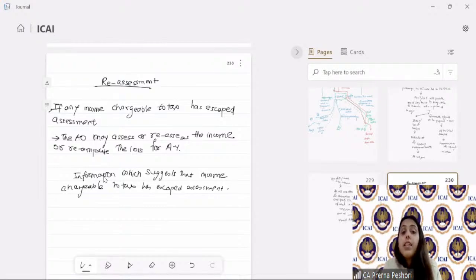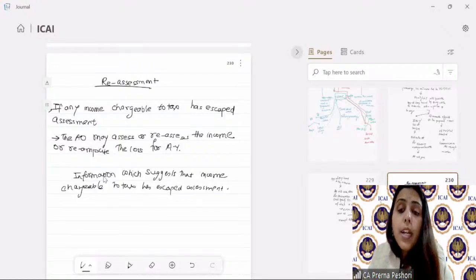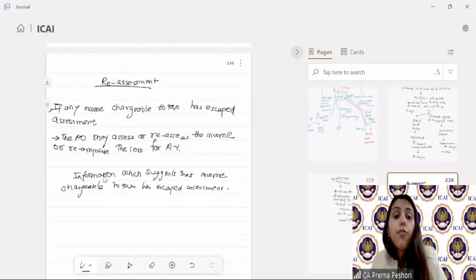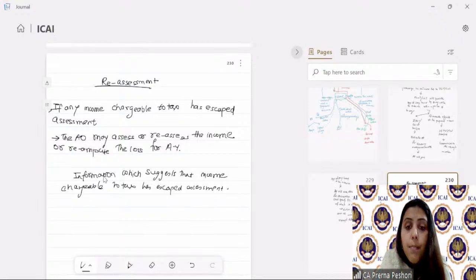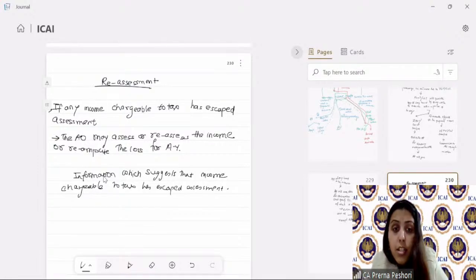So this is the first thing, that there should be the information based on which the AO is saying that there has been income which has escaped assessment. Now, how does the AO collect that information? So, the AO will conduct the inquiry with the approval of the specified authority. We are going to talk about what is the specified authority. Right? So, the AO may conduct any inquiry with the approval of the specified authority